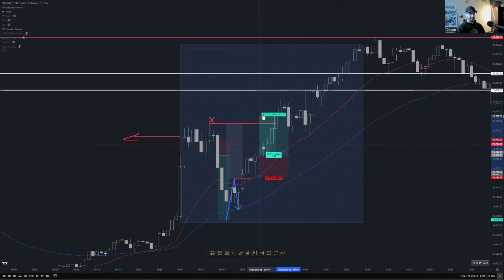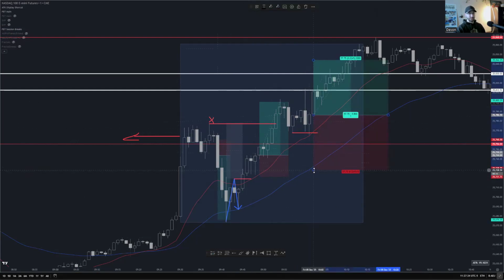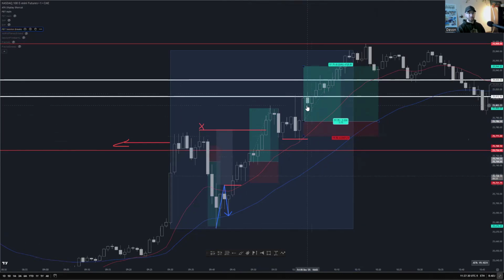All right, I exited a little bit higher here. Price pulled back, and sorry, I exited one contract here. Price pulled back, and as it took out this previous low here and then reversed, I scaled in. So now this trade was in one position. I scaled into two. My stop loss was here, catching the momentum, and now I'm targeting the next level, right? But same thing as before, I like to target just above or below the levels because price does like to take them out and go a little bit more.